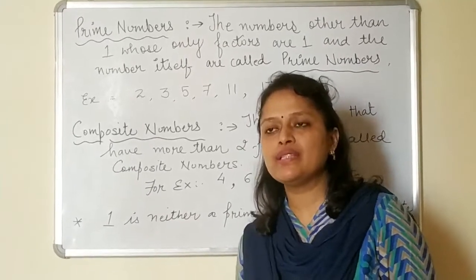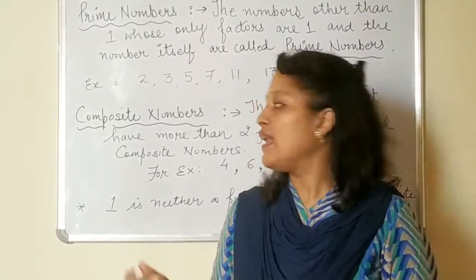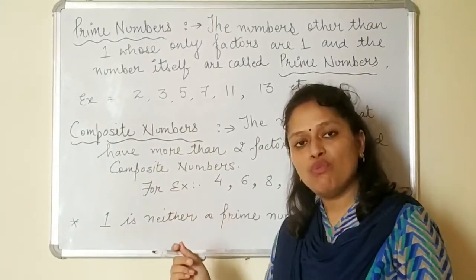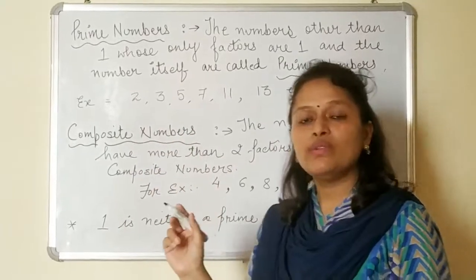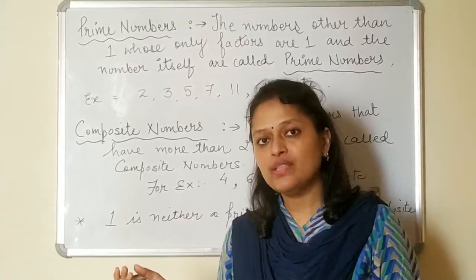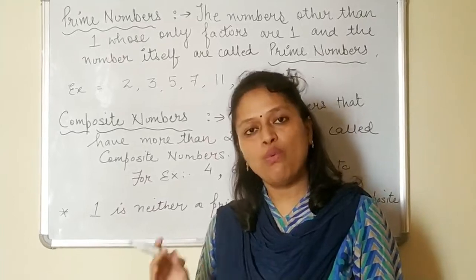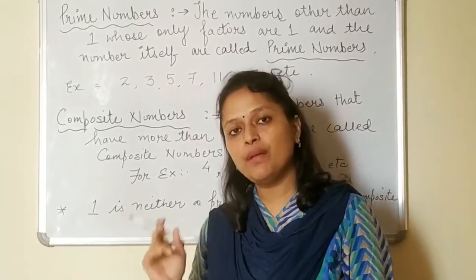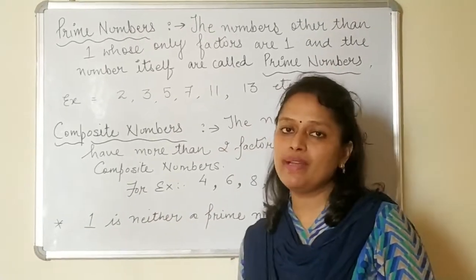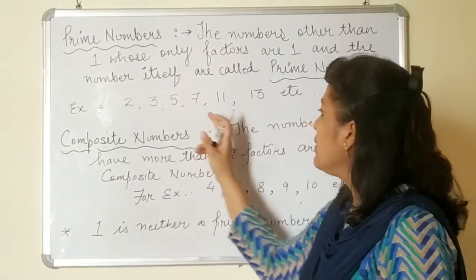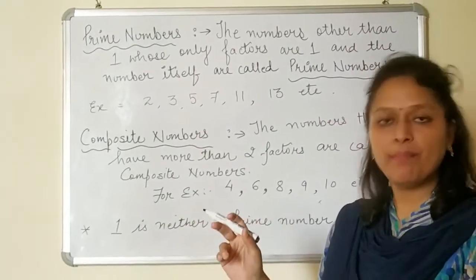Or in other words, you can say that prime numbers are those numbers which come in the tables of only 1 and the number itself. Like the number 2. 2 comes in the table of 1 and 2 itself. So it becomes a prime number. Take the case of 3. Now 3 comes in the table of 1 and 3. So it also becomes a prime number. 11. Now 11 comes in the table of 1 and 11 itself. So it becomes a prime number. Now all those numbers which are divisible by only 1 and the number itself are called prime numbers. These numbers cannot be divisible by any other number. So these are what? These are prime numbers.